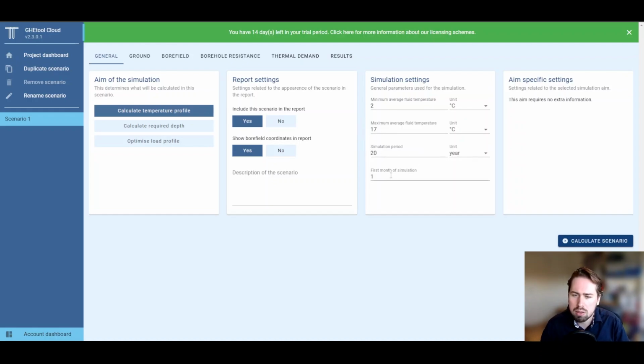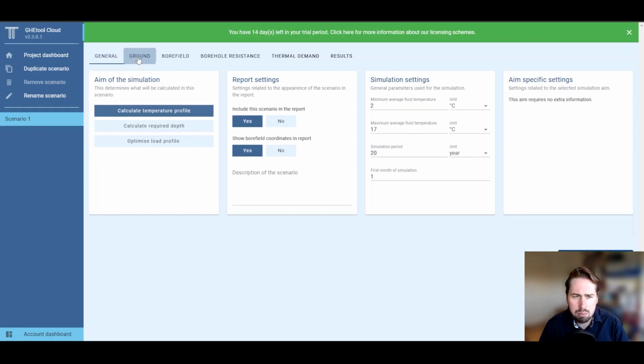You have a simulation period and the month at which the simulation period will start. Let's keep it all the same for now. And you also have here some extra buttons. Sometimes it depends on which aim you choose. So